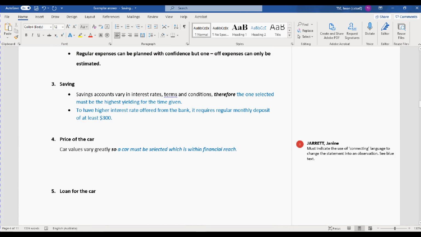Okay, so if you just put exactly the same observation and the same wording, possibly I can't give you a high mark because there's nothing from your own. Car values vary greatly, so a car must be selected which is within financial reach. Okay, so how about other considerations? So you might say,